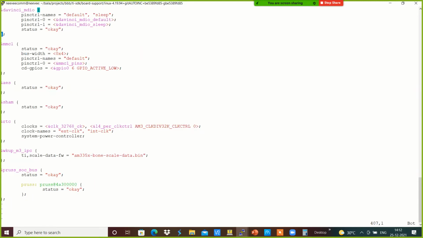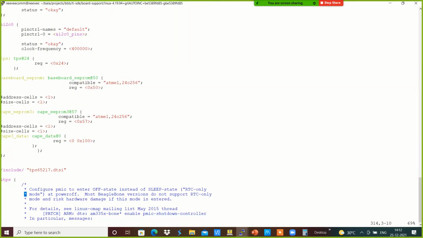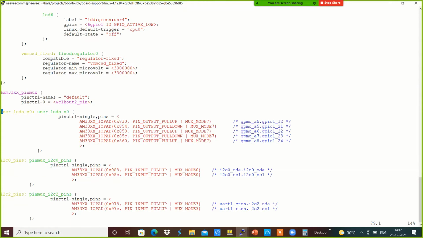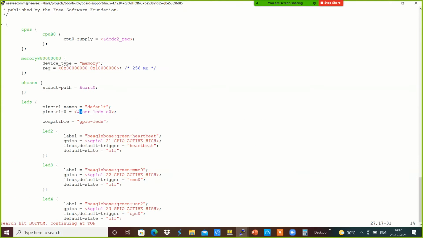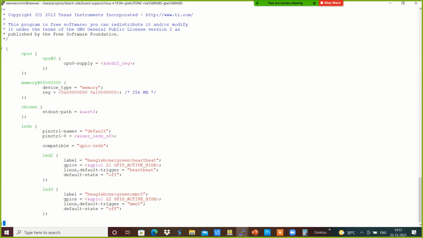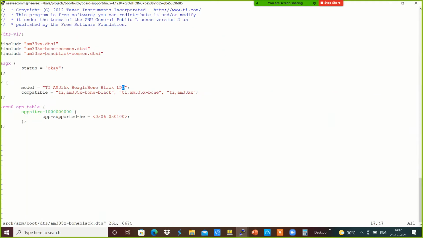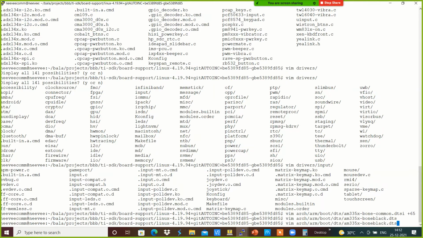The similar way we will be having user LEDs in the bone black DTS over here, with something like bone black common dot DTS.